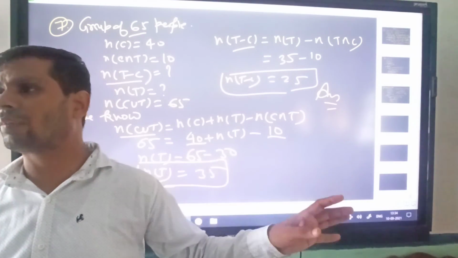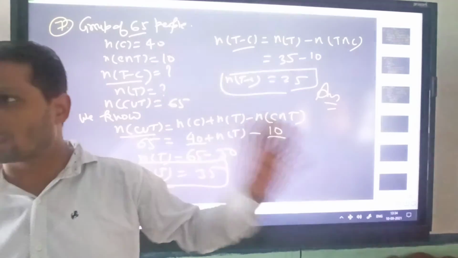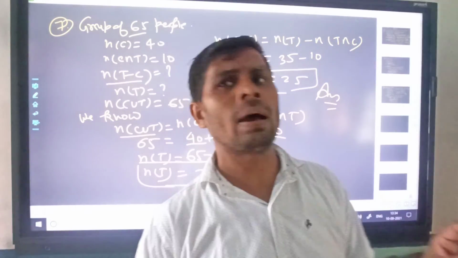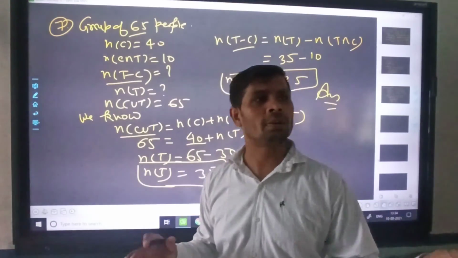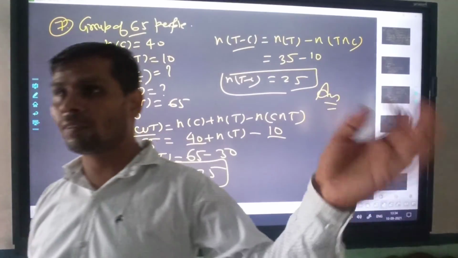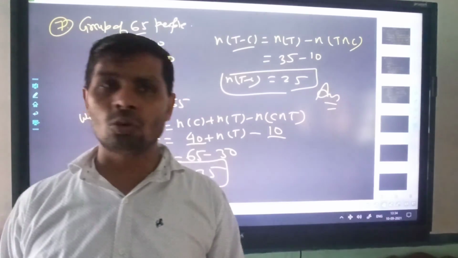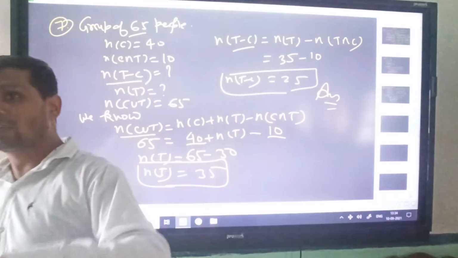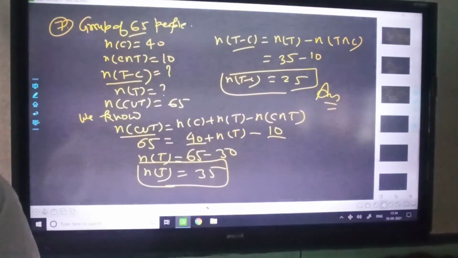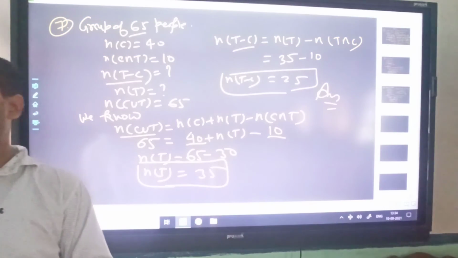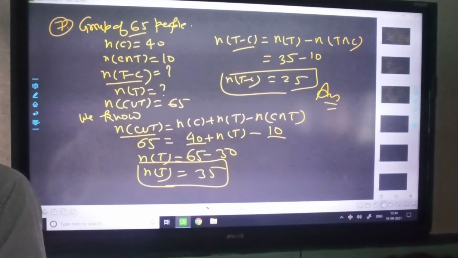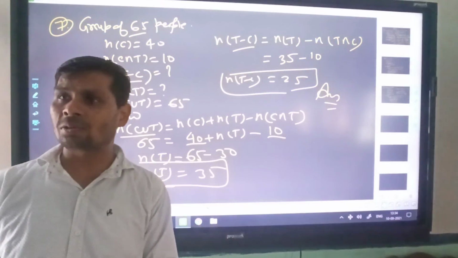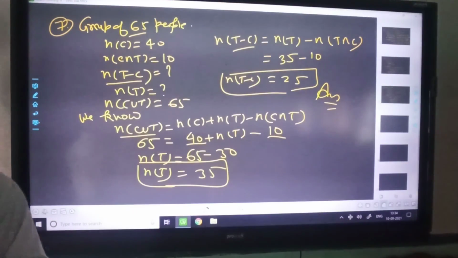Suppose we are discussing 2 or 3 languages. There are so many students sitting here. All of you know minimum one language, maybe more than 2-3. Some of you know Hindi, English, even Punjabi. Some may know another language also, like Malayalam, Kannada. But it is pre-assumed that here you know at least one language. That's why you are sitting in my classroom. I also speak English and Hindi. So you know minimum one language.